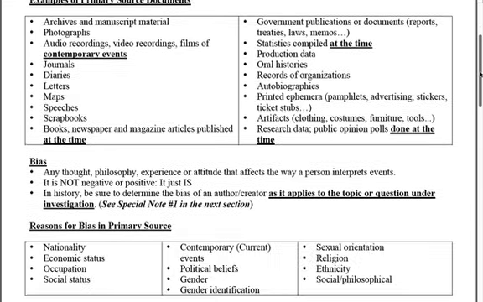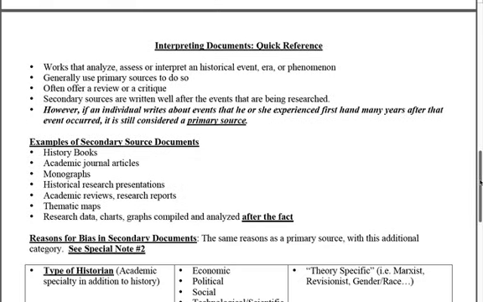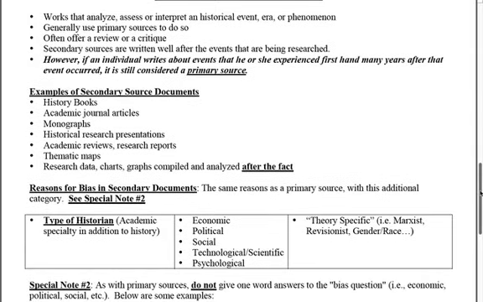All right, so let's take a look at secondary sources. Secondary sources are just the opposite of primary sources. They are not first-hand accounts, and they are not written or created at the time under discussion. Some examples of secondary sources are history books, academic journal articles, thematic maps, and the distinction between a primary source